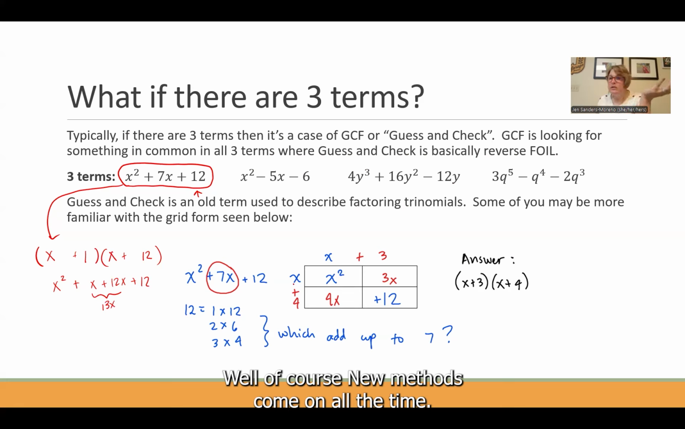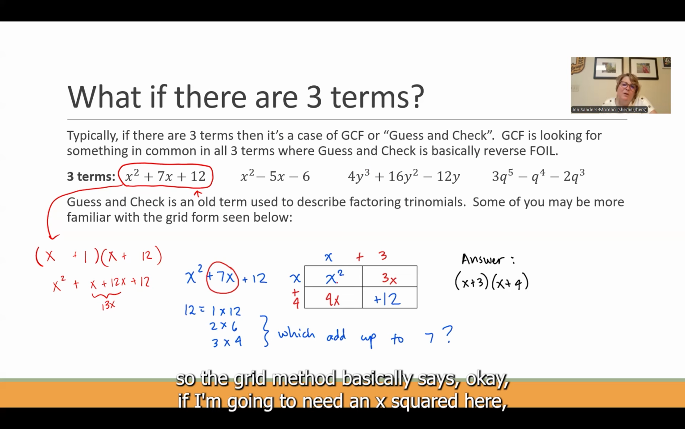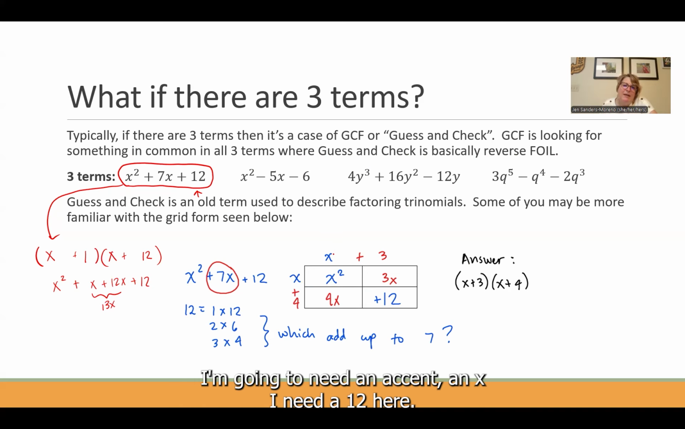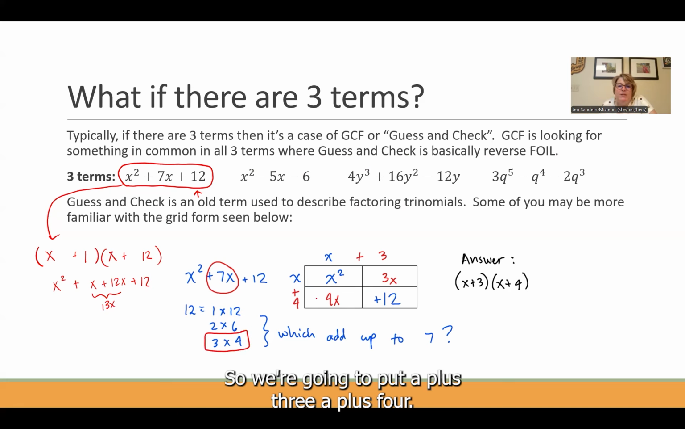Well, of course, new methods come along all the time. So some of you guys may have been taught using the grid method. So the grid method basically says, okay, if I'm going to need an x squared here, I'm going to need an x and an x. I need a 12 here. So think about all the ways to get 12, and then figure out which ones add up to 7. Okay, so here, 3 and 4 add up to 7. So we're going to put a +3, a +4, and then